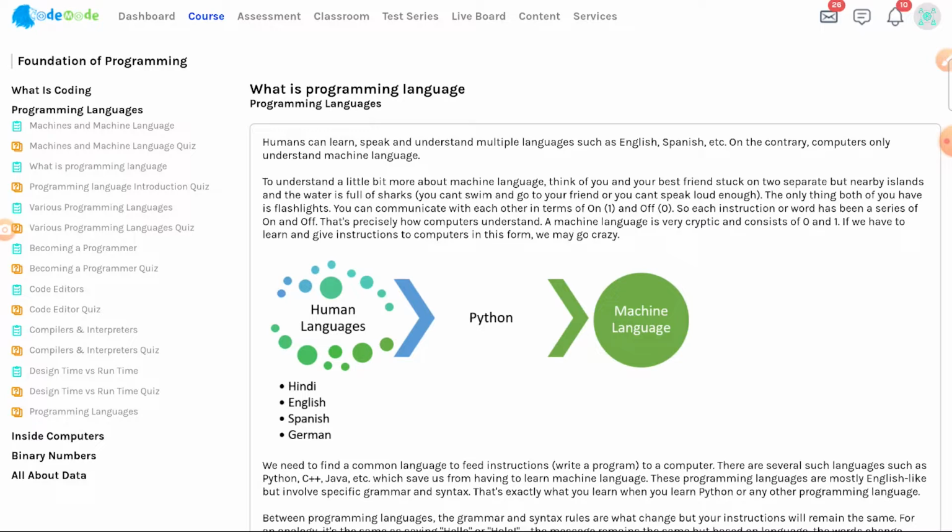Currently you are learning programming languages, and in today's class we will learn about what is a programming language. In the previous class we learned about machines and machine languages, in which we learned that machine language is nothing but zeros and ones, which we also refer to as binary numbers. And a machine has a host program, sort of a container in which all the programs that we write are